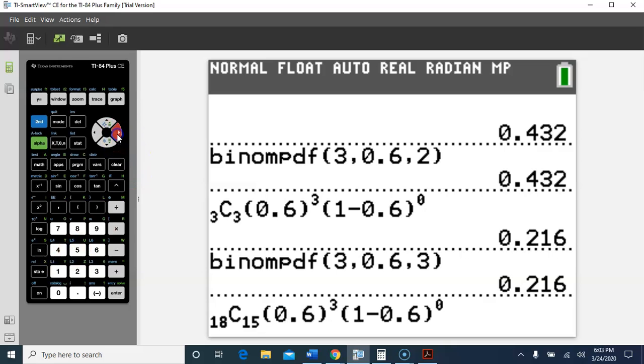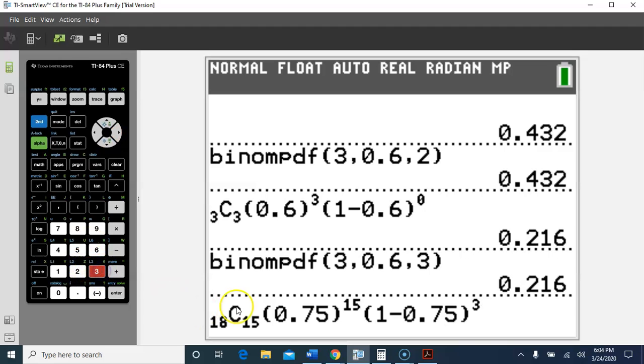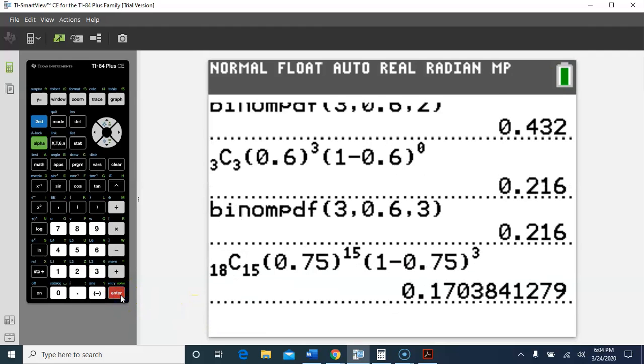We have the probability of success, which now is 0.75 to the 15th power, which means we have the probability of failure, which is 1 minus 0.75, and that's going to be to the third power. So there's 18 trials. If we've had 15 successes, then that means we've had 3 failures, and hopefully we see that this turns out to be the same